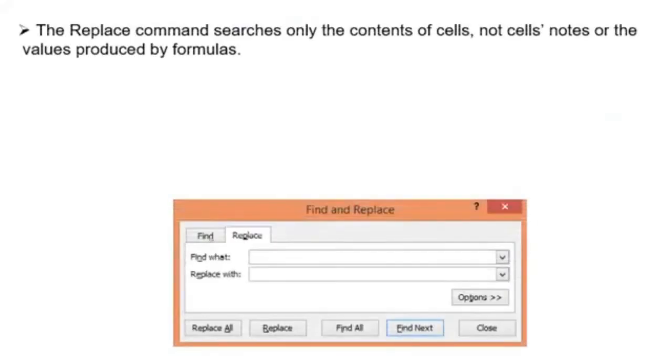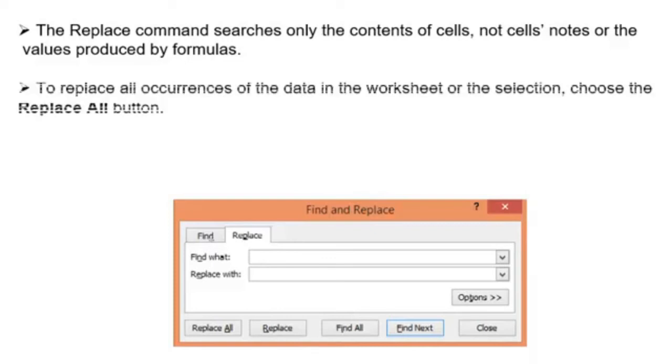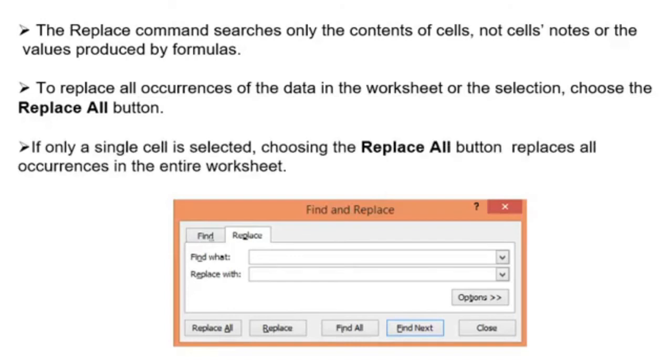The Replace command searches only the contents of cells, not cell notes or the values produced by formulas. To replace all occurrences of the data in the worksheet or the selection, choose the Replace All button. If only a single cell is selected, choosing the Replace All button replaces all occurrences in the entire worksheet.